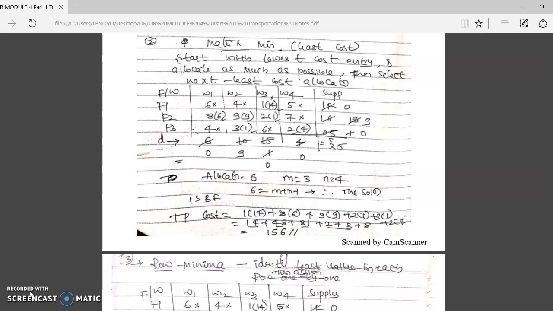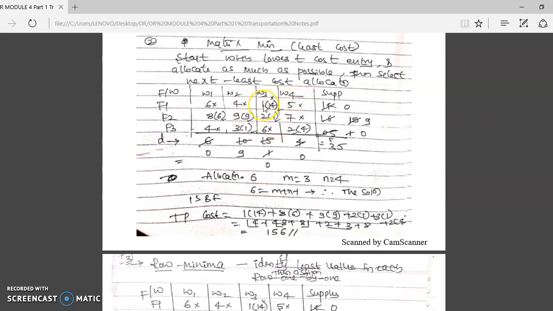Why it is called matrix minimum is that the given matrix is of 3 rows and 4 columns. Out of these total 12 elements, you have to find the least element first. In these 12 elements, the least element is 1.